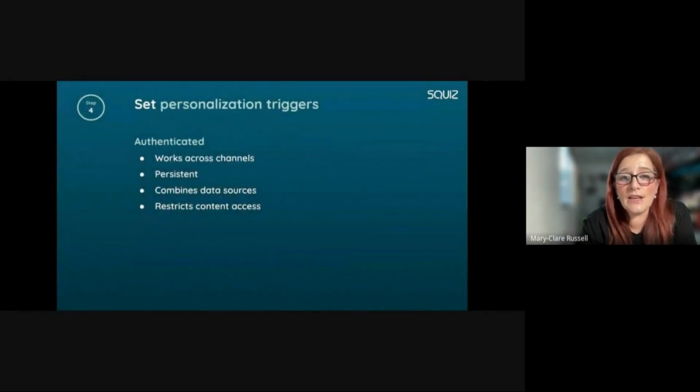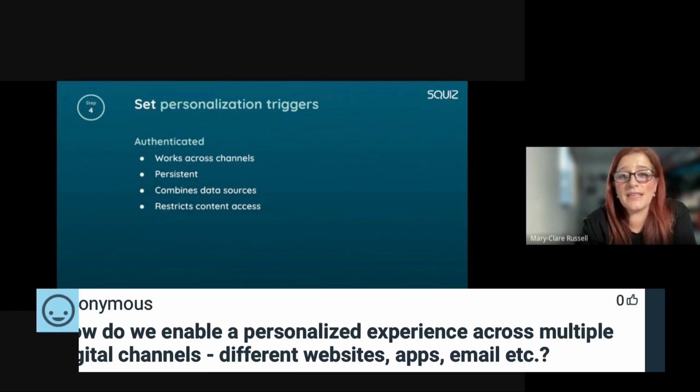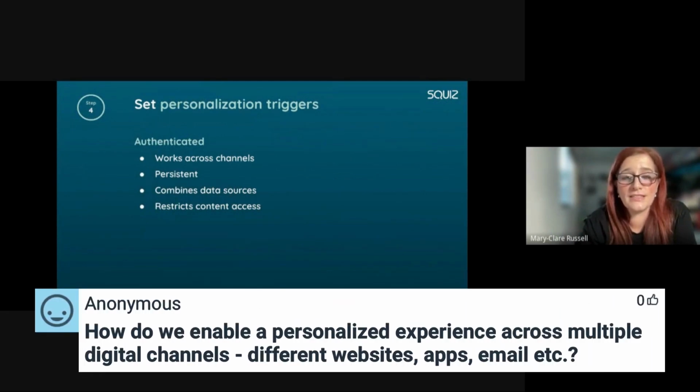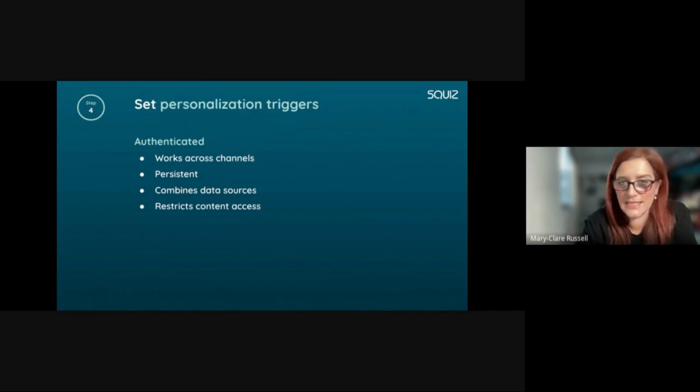Now, the second type of personalization is based on authenticated triggers. Authenticated triggers normally use user-specific data to personalize content. This type of personalization can work across channels. It's persistent versus cookie consent-based, tends to combine data sources, for example, CRM, CIS information, and can control access to